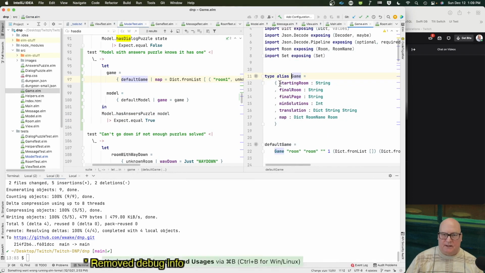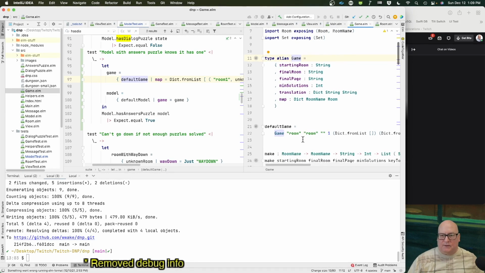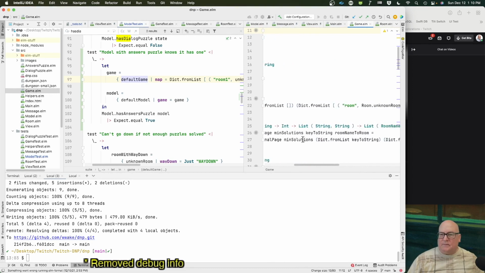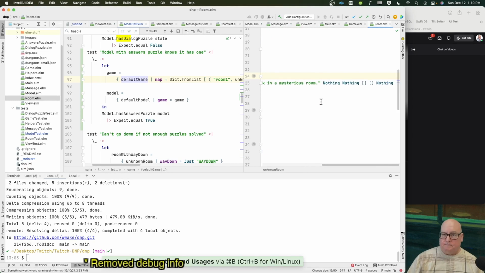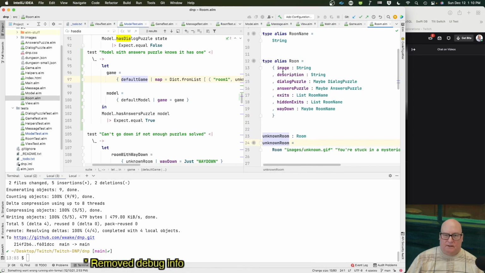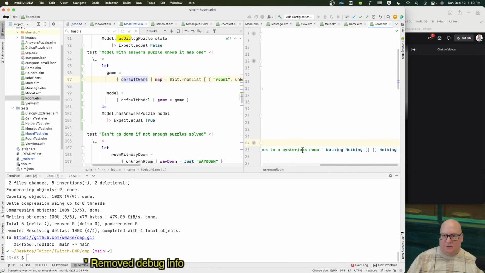Let's go see game 1, 2, 3. Wait. Oh, we have to have a room with the multi-answer puzzle. And we got the unknown room. Let's see it. And that's nothing. Okay, so the 1, 2, 3, fourth argument, 1, 2, 3, 4 is a nothing. All right, so let's